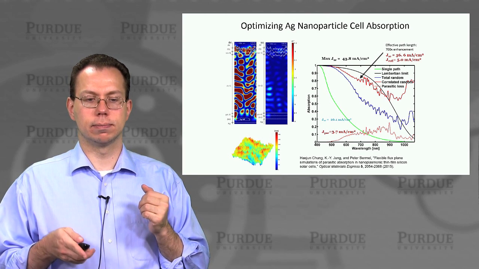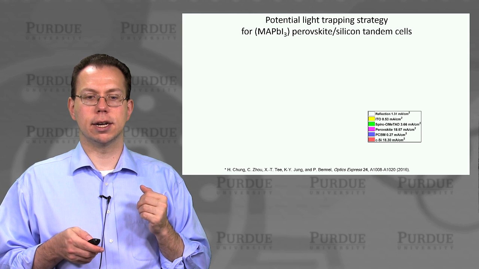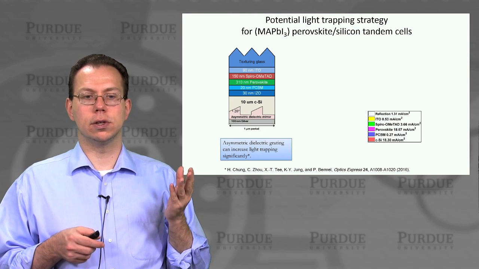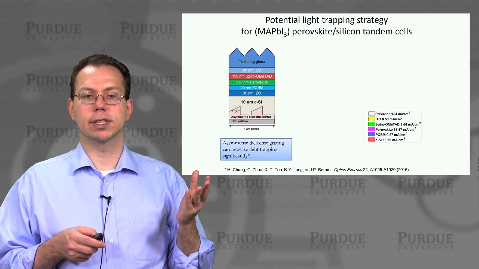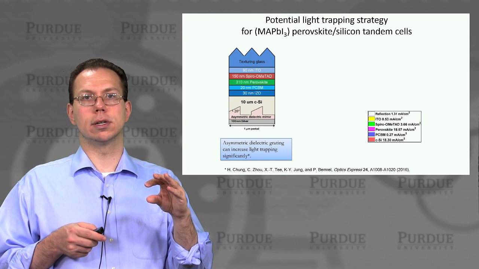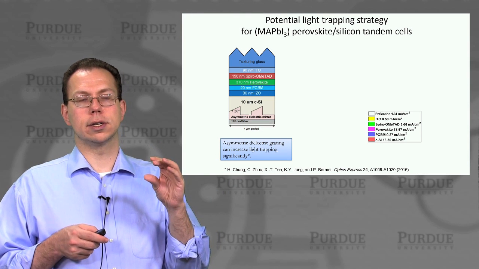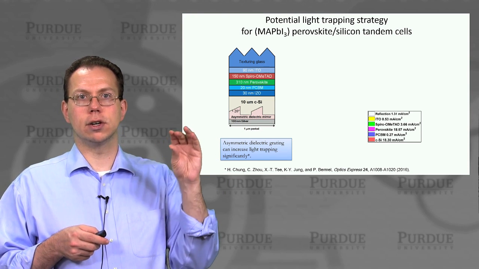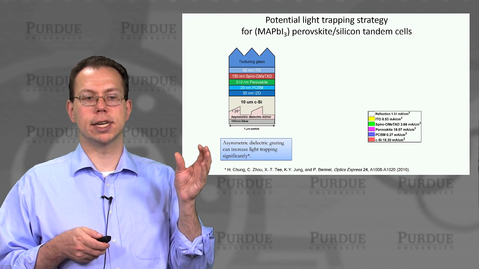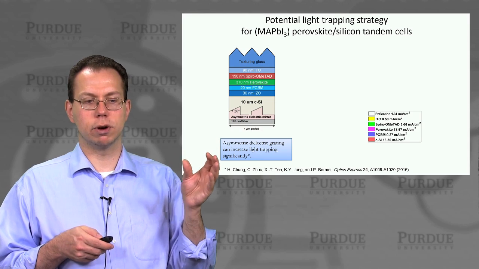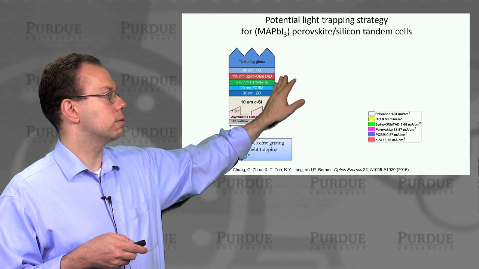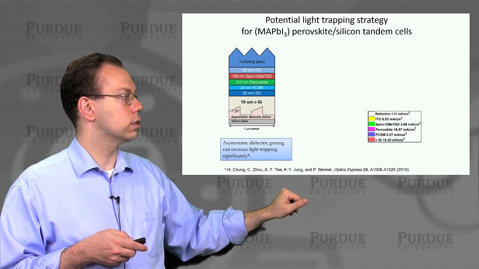silicon thin films, which are almost comparable to what you'd get in, say, multicrystalline wafer silicon, but of course using much less material. And then we also discussed another potential application, which is to increase light trapping in perovskite silicon tandem cells. So this is going one step beyond just the single crystalline silicon, but actually including 2 different material layers. And of course, the rationale for that is to get even higher efficiency and higher performance. And so here, we have both thin film crystalline silicon and perovskite integrated into a single structure.